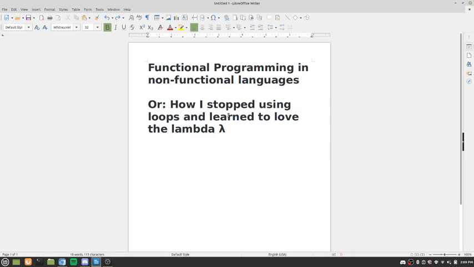So anyways, mine is about functional programming for non-functional languages, or how I stopped using loops and learned to love the lambda. So without further ado,